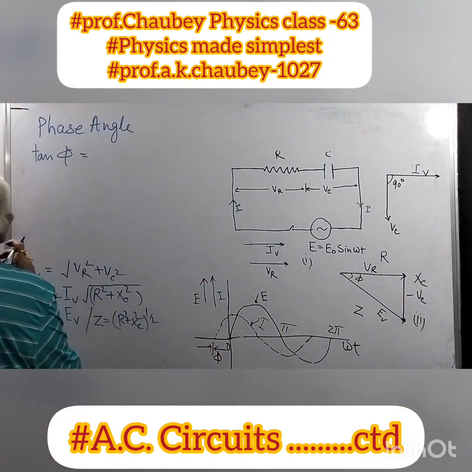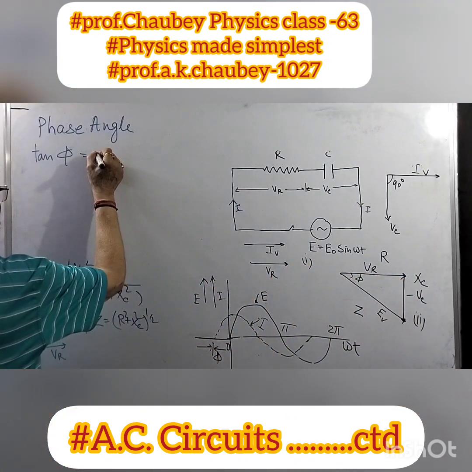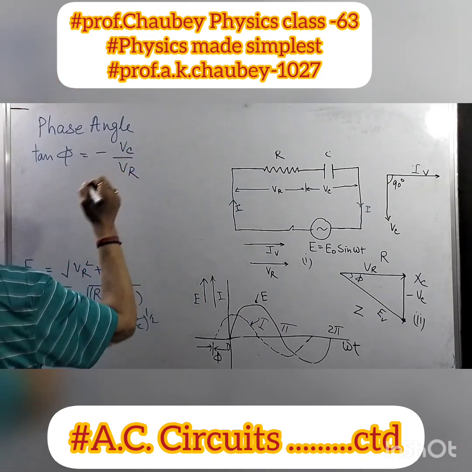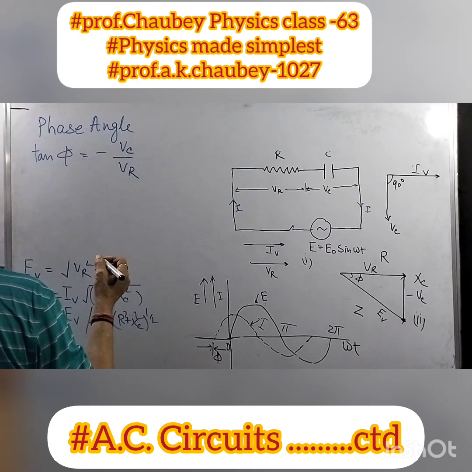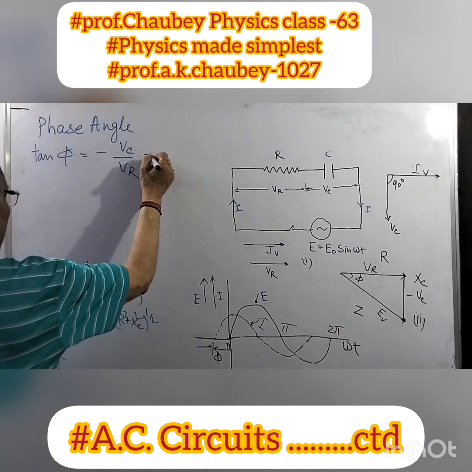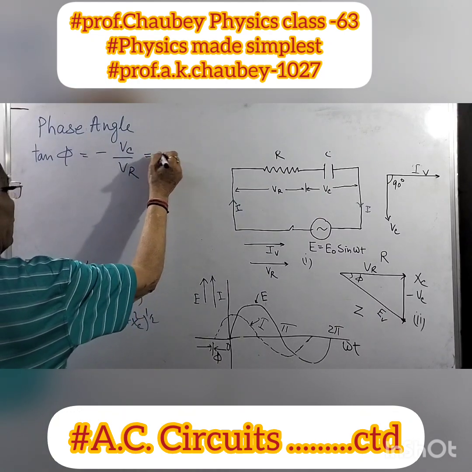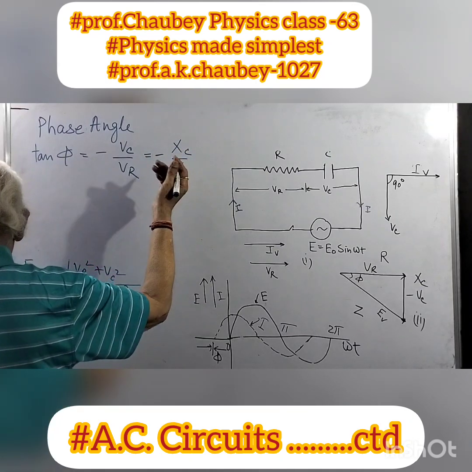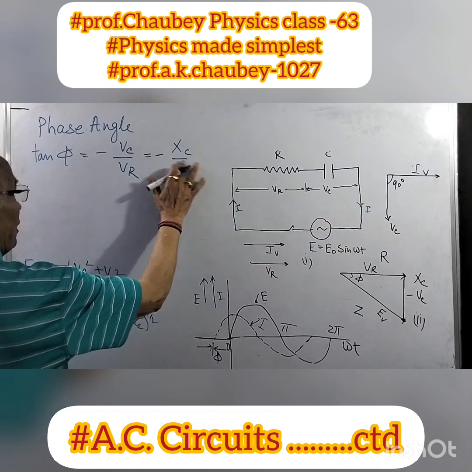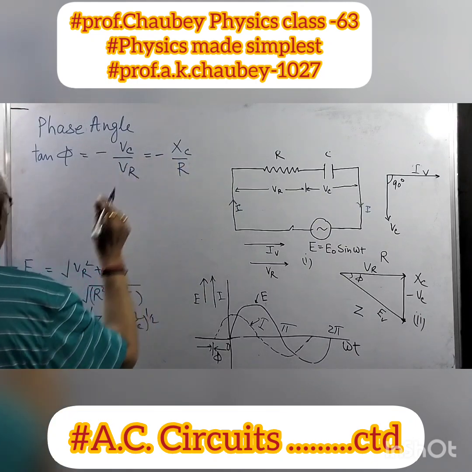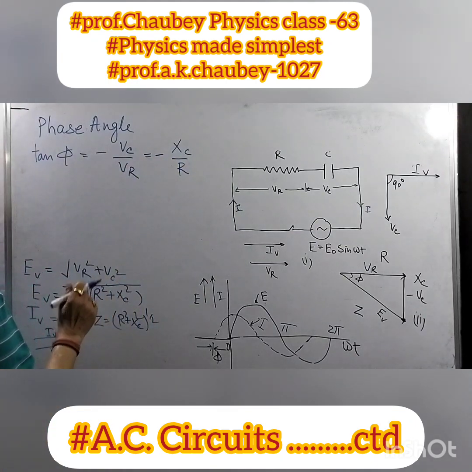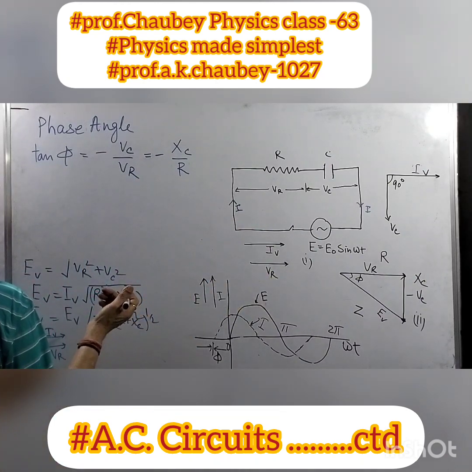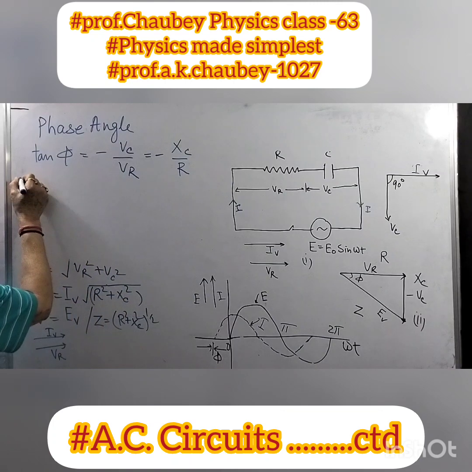So this is simply tangent phi is equal to minus V_C over V_R, and that is simply X_C over X_R. This means X_R means R simply. X_C over R. So this is tangent phi, phase difference phi, given by the ratio of the voltages. And power consumed,